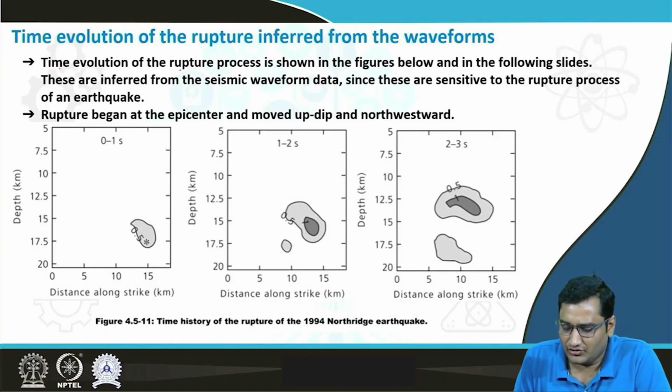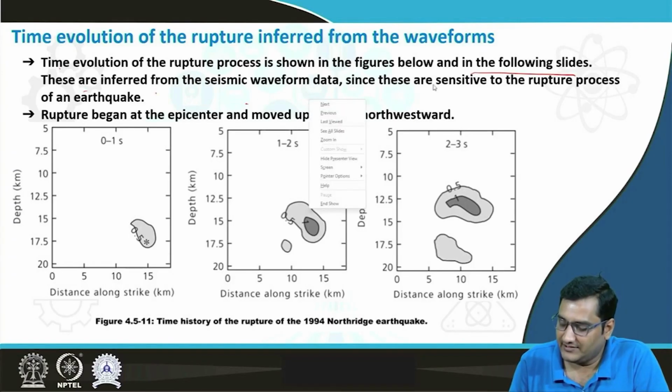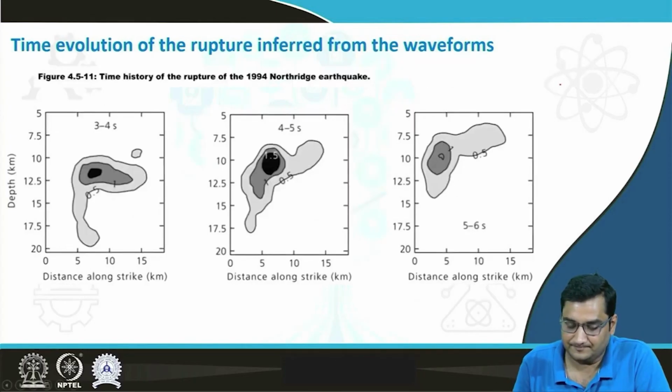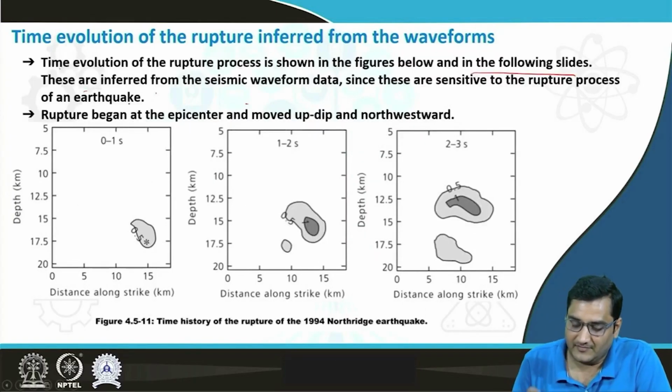Time evolution of the rupture process is shown in the figures below and in the following slides. These are inferred from the seismic waveform data, since these are sensitive to the rupture process of an earthquake. Rupture began at the epicenter. So if you look at this figure, then this is